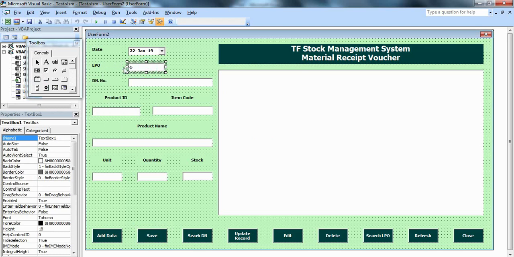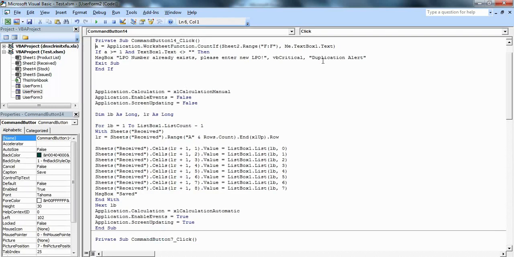So the F column will be compared with text box 1, and if the value already exists, we'll set another condition. How will it find that the values already exist?